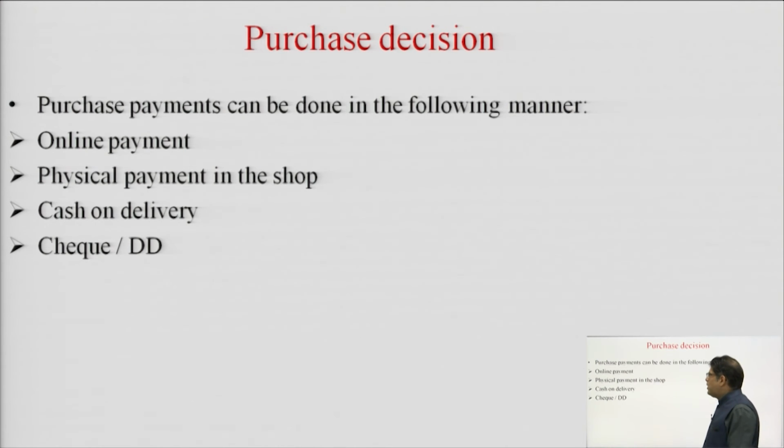After the evaluation of alternatives, the consumer has to make purchase decisions. Now, purchase decisions can be done in various ways. First of all, let us discuss what purchase decisions are. A purchase decision is actually an action oriented decision, and in this action oriented decision, the consumer has to make the payment, and then if it is a product such as a pen, then the consumer becomes the owner of the product, and if it is a service, then the consumer becomes the owner of the experience of a service.